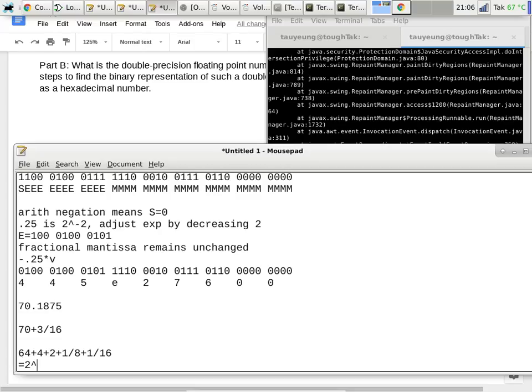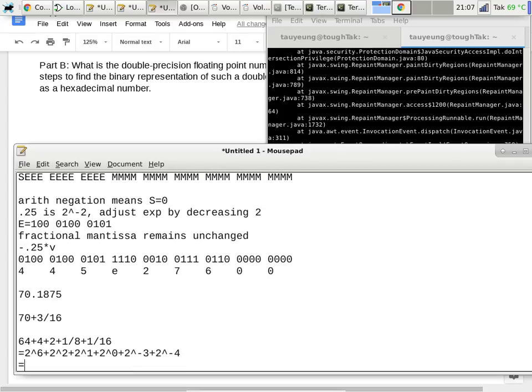This is 2 to the power of 6, sorry, plus 2 to the power of 2, plus 2 to the power of 1, plus 2 to the power of 0, plus 2 to the power of negative 3, plus 2 to the power of negative 4. Is that okay? So 2 to the power of whatever is 1 followed by that many zeros in binary. So this is 1, 0, 0, 0, 0, 0, 0 in base 2,